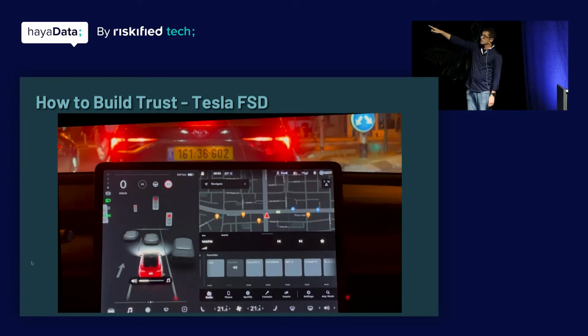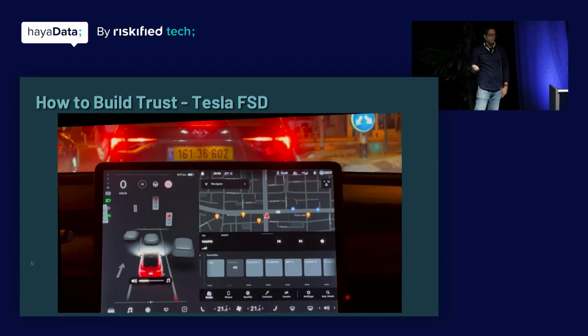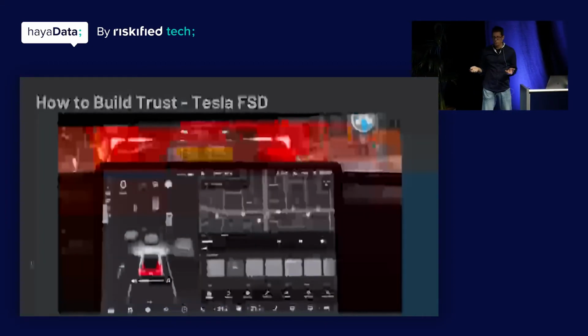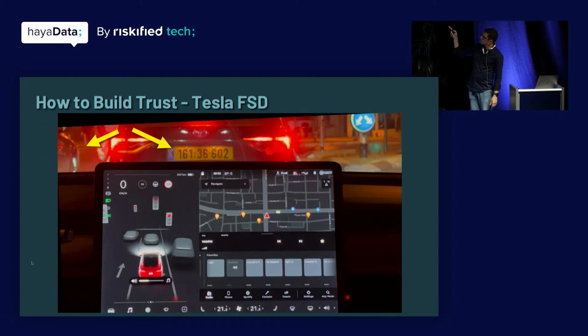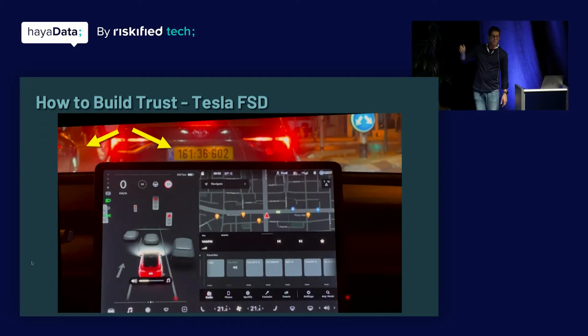And on the bottom, you can see the Tesla display screen with all kinds of info the car senses about the road. So you can see that there's two cars in front of us, one in front and one on the left. You can barely make it out. And there's a right turn that you can basically skip the stoplight and make a turn to the right.